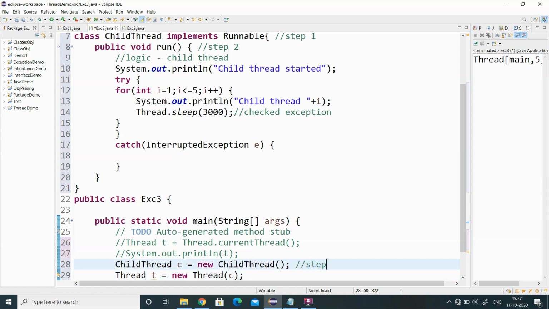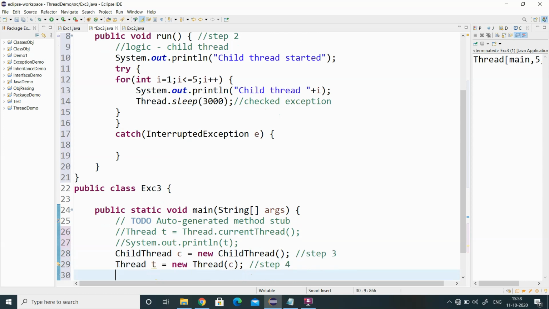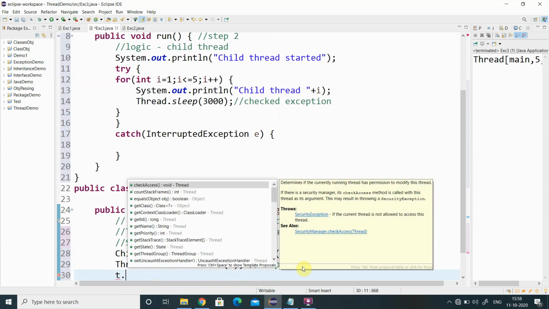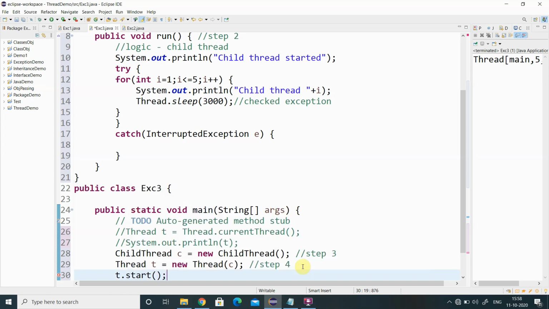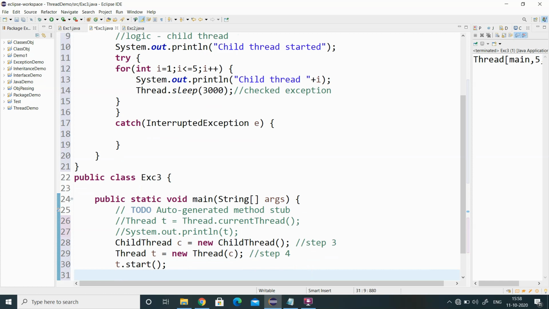So this is our step 3 and this is our step 4. After that, using that thread instance, I have to call the start method. Now my thread starts to execute. This is our step 5.